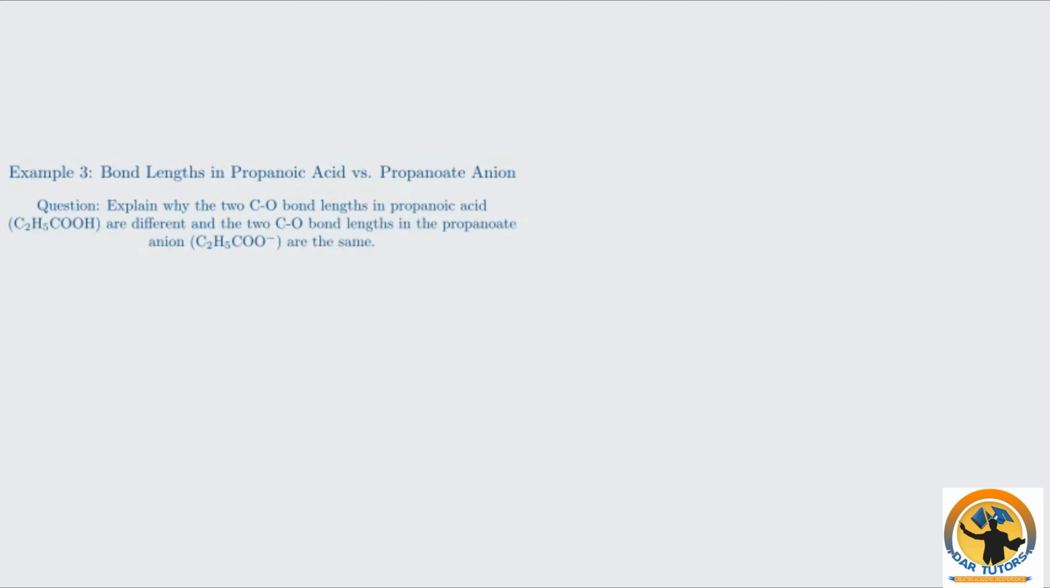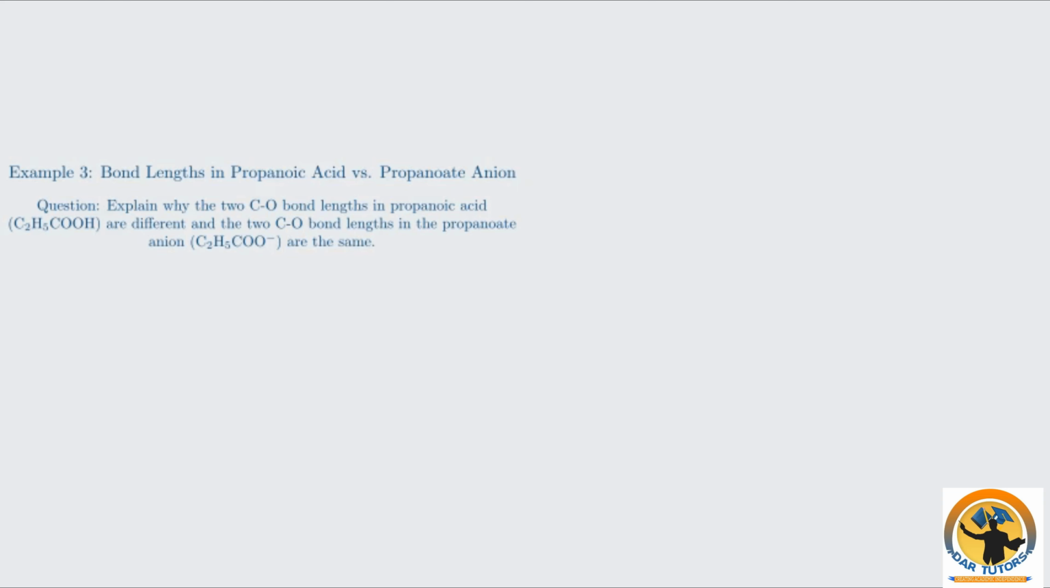The last worked example we'll cover involves comparing bond lengths in propanoic acid and the propanoate ion. The question asks us to explain why the 2 carbon-oxygen bond lengths in propanoic acid, C2H5COOH, are different, but the 2 C-O bond lengths in its conjugate base, the propanoate anion C2H5COO⁻, are the same. First, let's consider propanoic acid. The structure contains a carbon atom double bonded to one oxygen and single bonded to another oxygen as part of